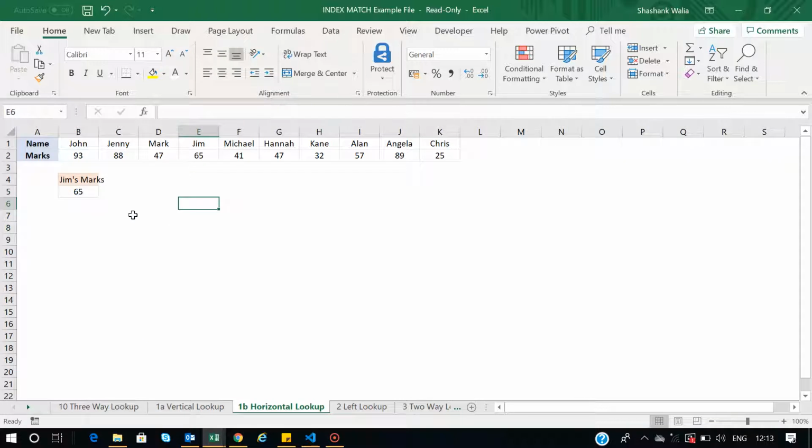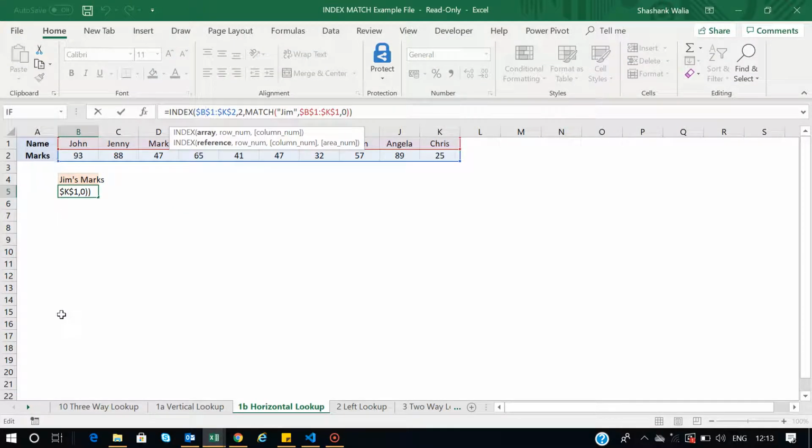So now we were just talking about the vertical lookup. If your data is in the columns, right? So you can also use the index and match function. So instead of using the vertical array, you are using the horizontal array. That is as simple as that. So just see that instead of selecting the data downwards, we are going from left to right, from B1 to K2, and then we are looking for the gym, and then B1 K1 same. It is exactly the same, right?